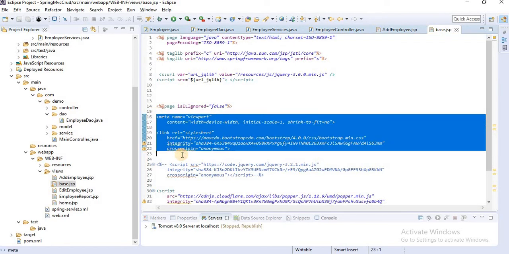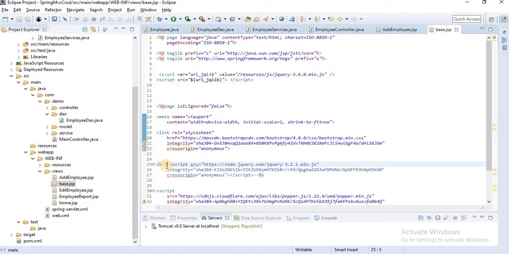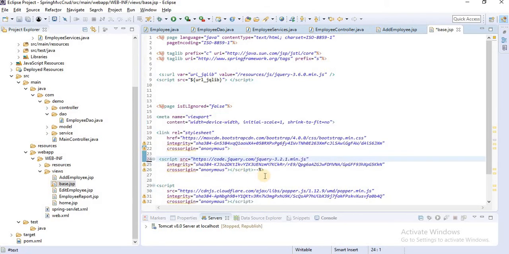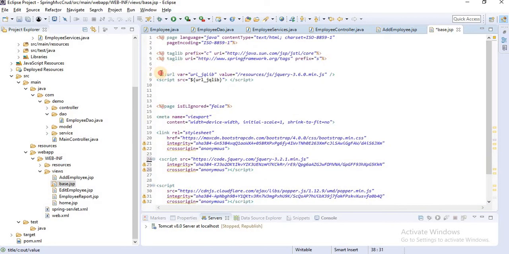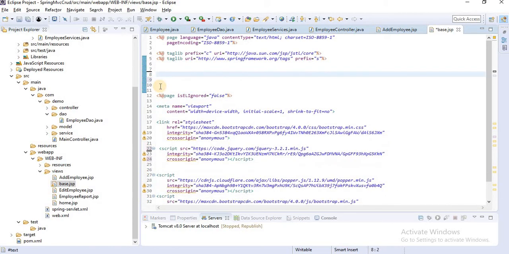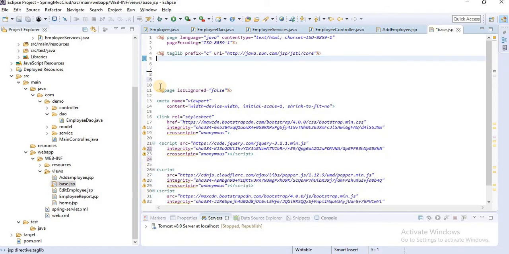This library is Bootstrap CSS, and the other three are Bootstrap JavaScript libraries. Also here we use expression language for the title. We don't need this right now. This thing is for Ajax, so I'll remove it for the time being. I'll also remove this line.